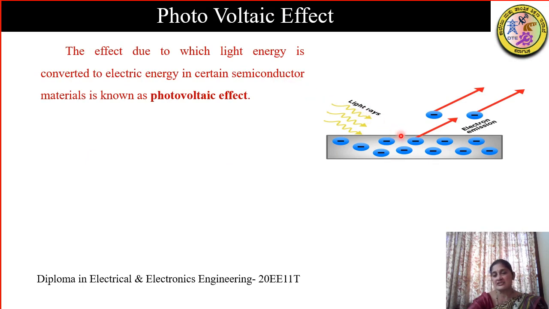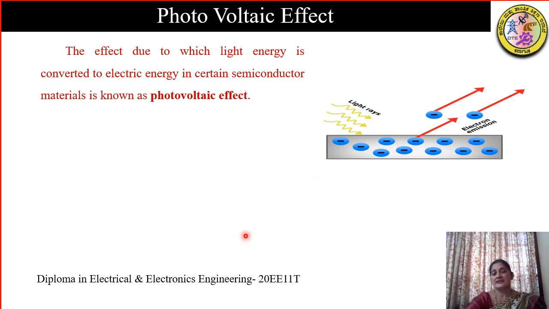When the light energy falls on a suitable material, then we can have a removal of electrons. Now how is this possible? Whenever light energy falls, light energy is considered to be made up of small packets of energy, and these energy packets are called photons. So when the light energy falls on this material, the material absorbs these photons of light, and because of which the electrons get liberated.